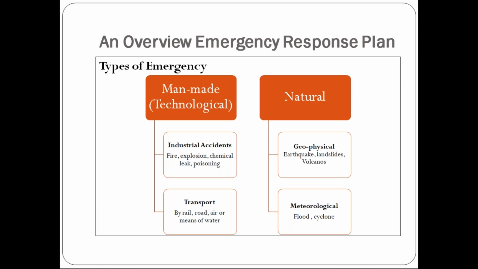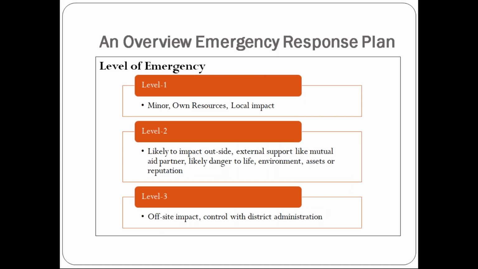Another category is natural disasters, which are because of geophysical activities like earthquakes, landslides, and volcanoes. These are a few examples. Then another category is meteorological events like floods, cyclones, and heavy rain. So these are the two broad categories of emergency. Now, based on the impact, and by regulation, and for effective management and resource deployment, emergencies are divided into three levels: